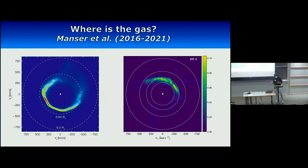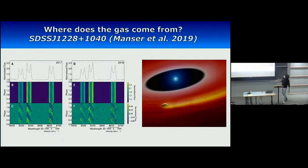So the next logical question is, where's the gas coming from? And the prototype system helped for this as well, because in a study of SDSS-J1228, Christopher Manser noticed that on top of the long-term variability, there were also signs of a shorter-term variability in the strength and the shape of the lines, this time on a periodic timescale of about 123 minutes, so compatible with the orbital timescales at the distance from the